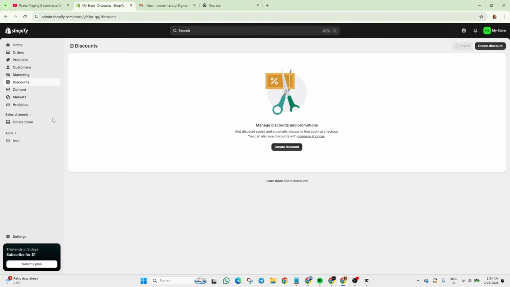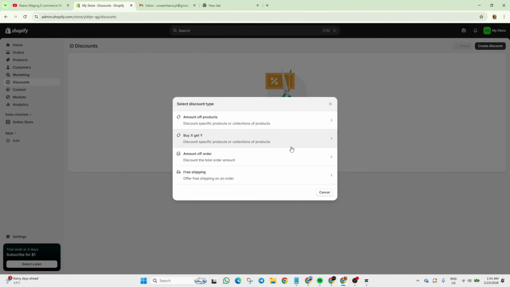Discounts. This is where you can create a discount code, for example, for Valentine's Day or Chinese New Year promo. You can just choose kung anong klaseng discount siya. For example, buy one product and get another free, or 50% off of your product, dito mo gagawin, and then amount off the order.